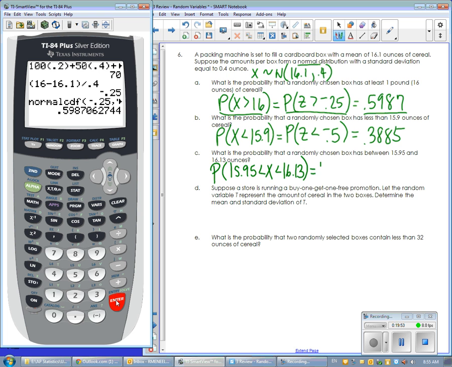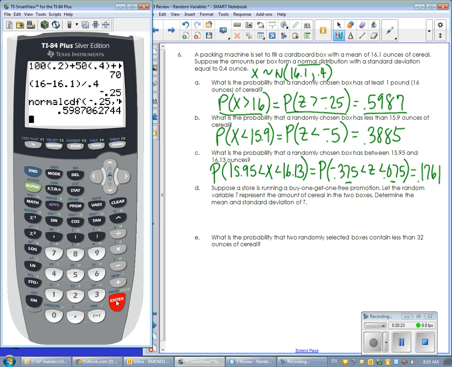And when you standardize those values, it's negative 0.375 is less than z is less than 0.075. And I just realized on my key that I called this x, so if you're looking at what I printed online, I wrote that wrong. This should be a z. Okay, and so this time, this is your lower bound and this is your upper bound, and then the area between is 17.61. Now in letter D, it says, suppose the store is running a buy one, get one free